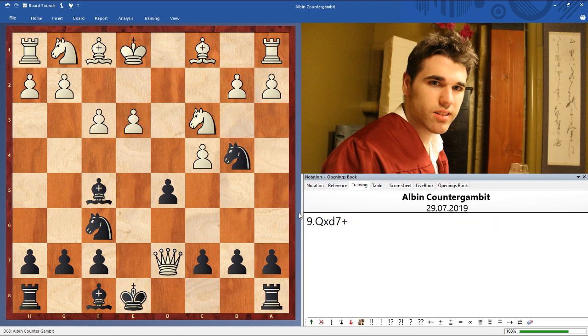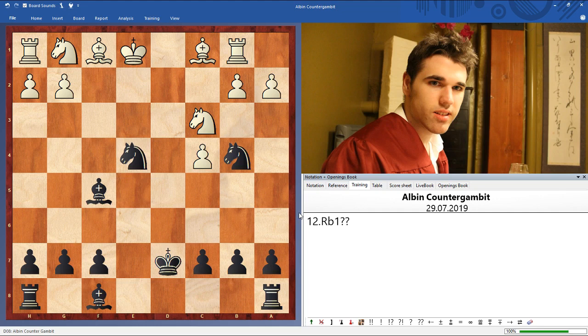So queen d7, king takes d7, e4, mistake. d takes e4, f takes e4, knight takes e4, rook b1, stopping knight c2, knight c2 anyway, king d1, and now knight f2. A very nice combination is coming up very soon. King e2 and